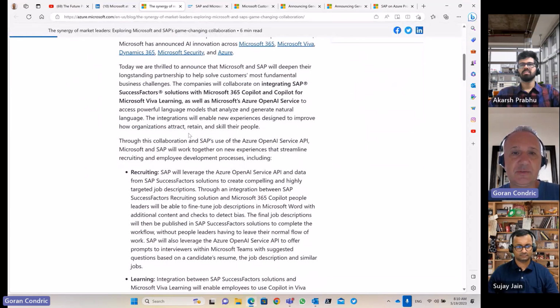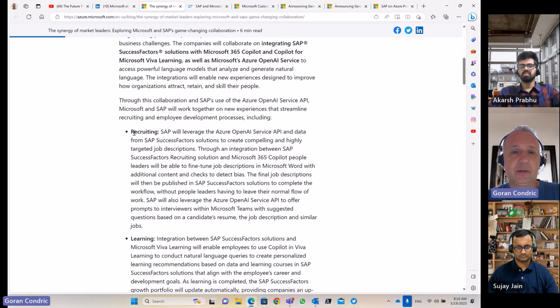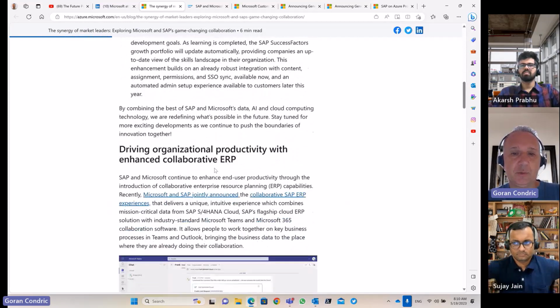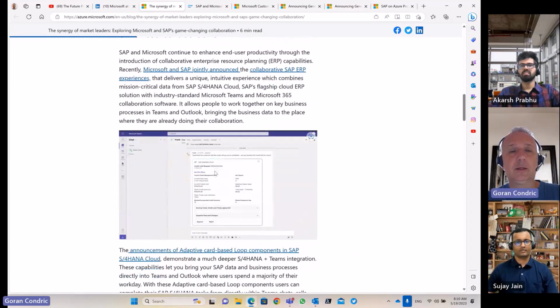SuccessFactors will be integrated with Microsoft 365 Copilot and Copilot for Microsoft Viva Learning, as well as the Microsoft OpenAI services in processes like recruiting, learning, and so on. There is also an SAP SaaS offering called SAP S/4HANA Cloud.